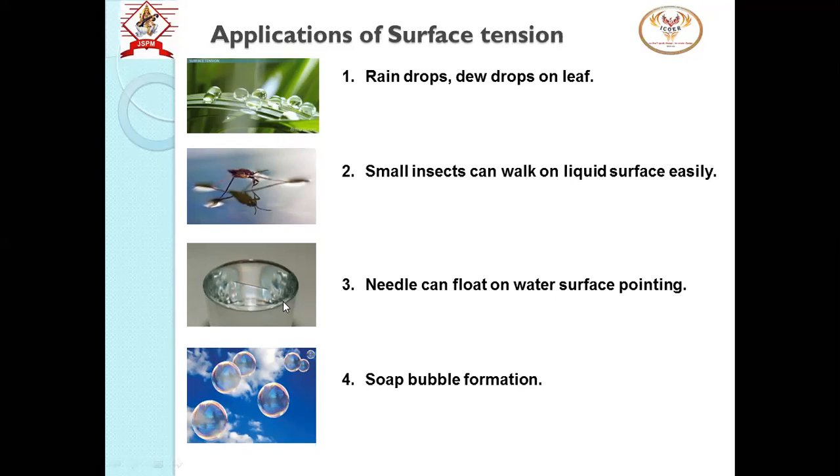Then the third interesting example is that when you float a needle on the surface, it will deflect and show the north-south direction because of the magnetic poles. So a needle can point you to the north and south direction, right? This is a use of a needle floating on the water surface pointing towards north and south.